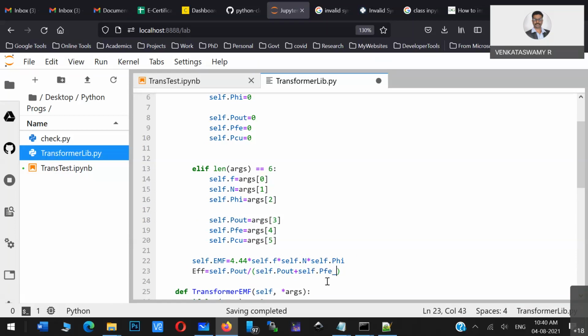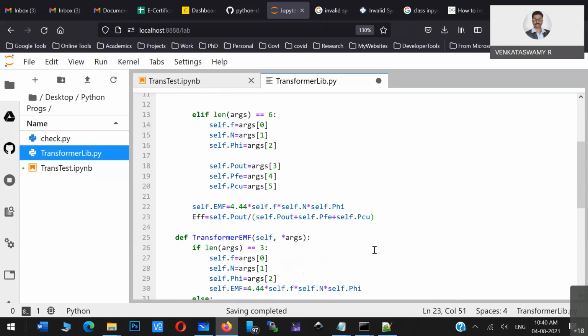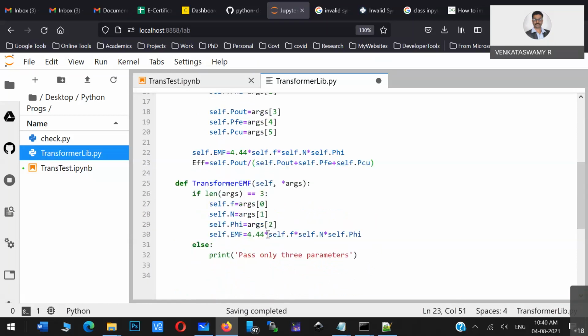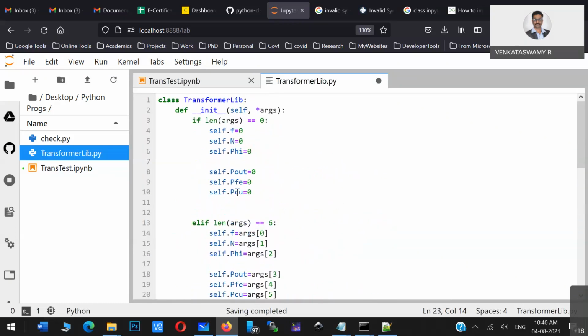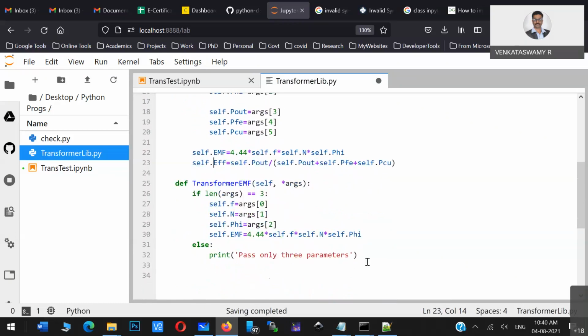I just extended that particular constructor now. So if you don't pass anything, you'll get zero efficiency. If you pass the other 3 parameters along with that, then you will get some efficiency. Similarly, you can calculate self.efficiency, yes, correct. Thank you, Chandras. So self.efficiency, because it has to be your class variable. Otherwise, that will become a local variable for that particular constructor. So that's why self is important.